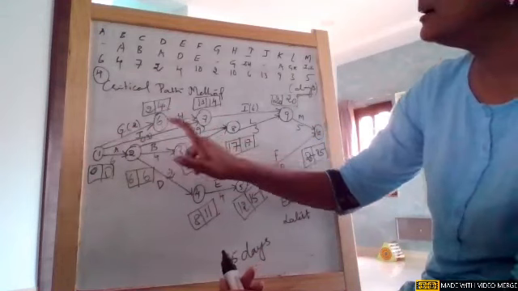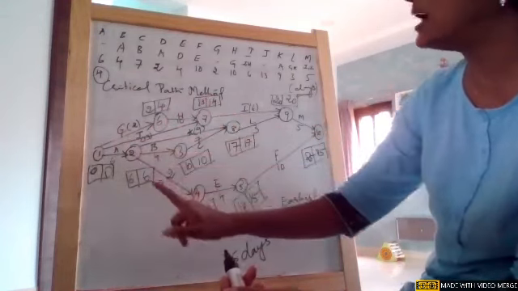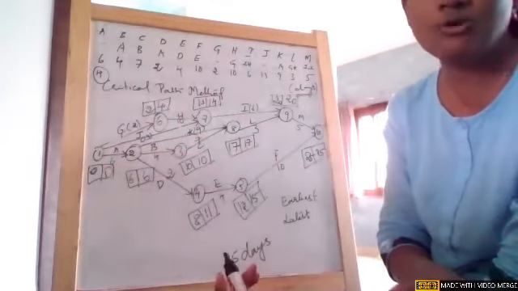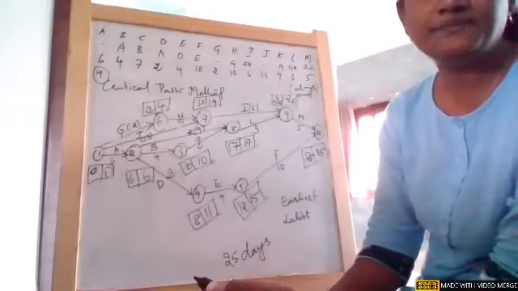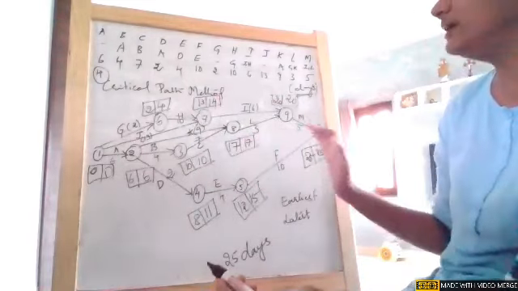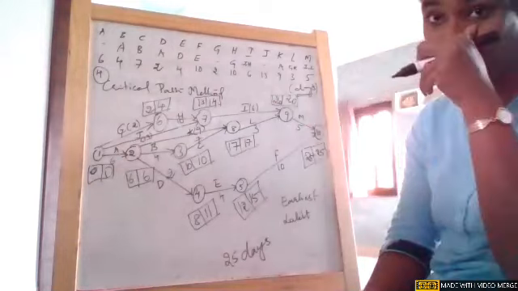Okay, 14 minus 13 is giving us 1. 6 minus 6 is giving us 0. So 0, 1 and 2, out of those 3, minimum is 0. So obviously 0 is the value. Okay girls, so this is how for every node we need to find out the earliest time and the latest time in critical path method.